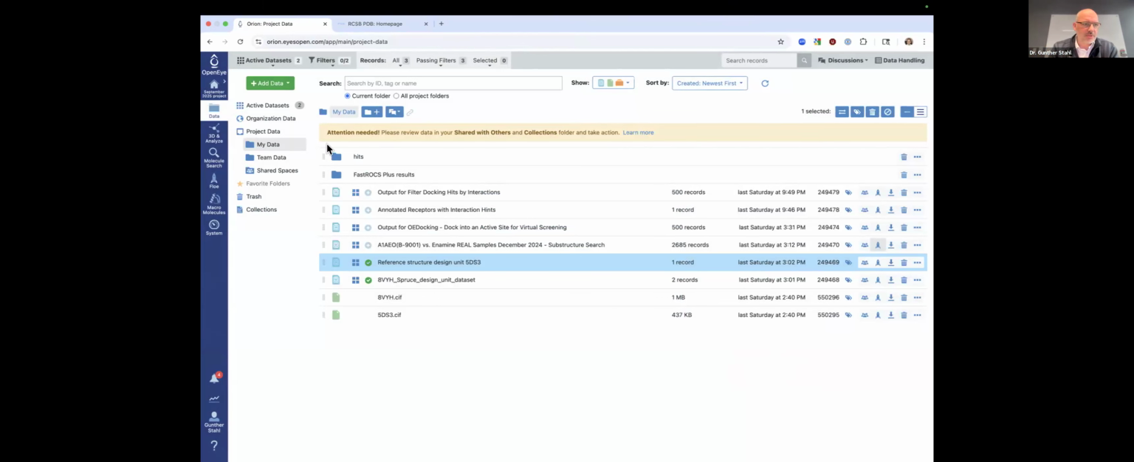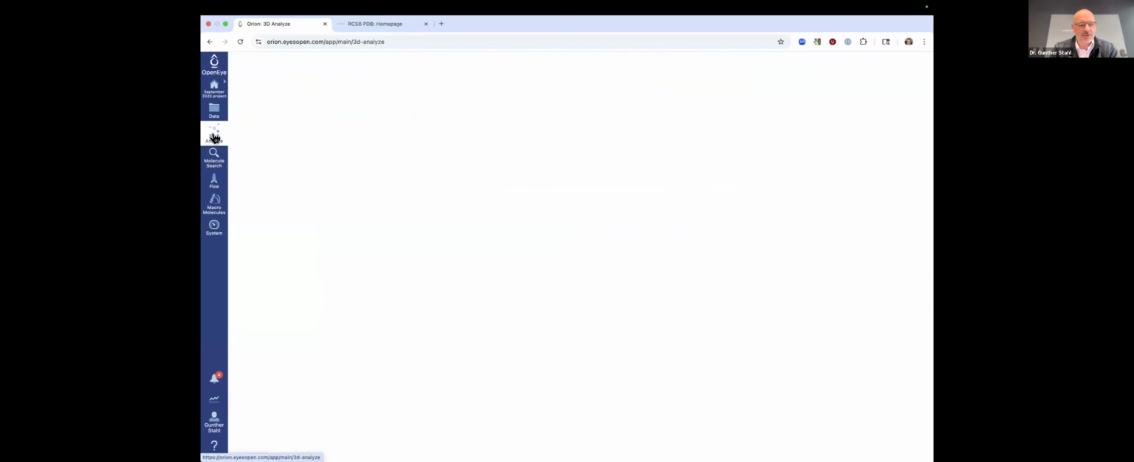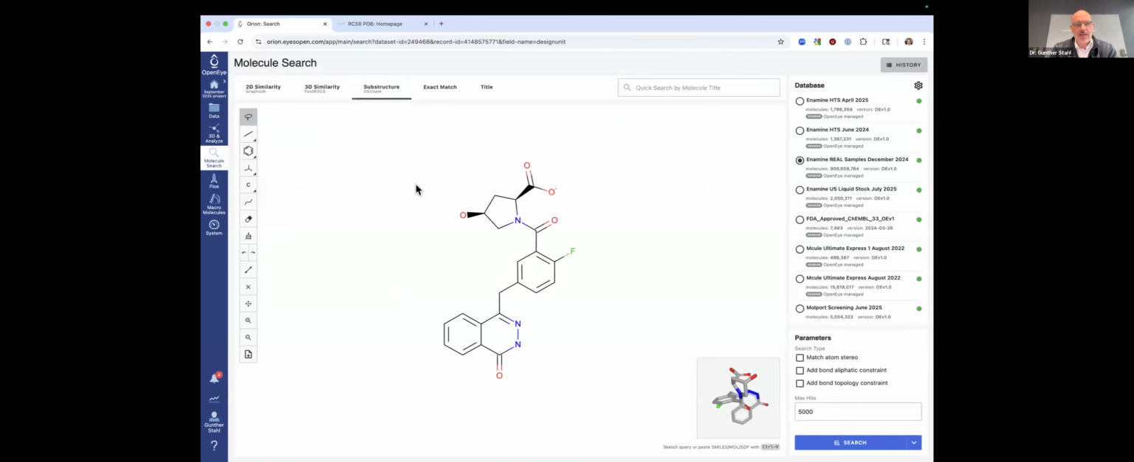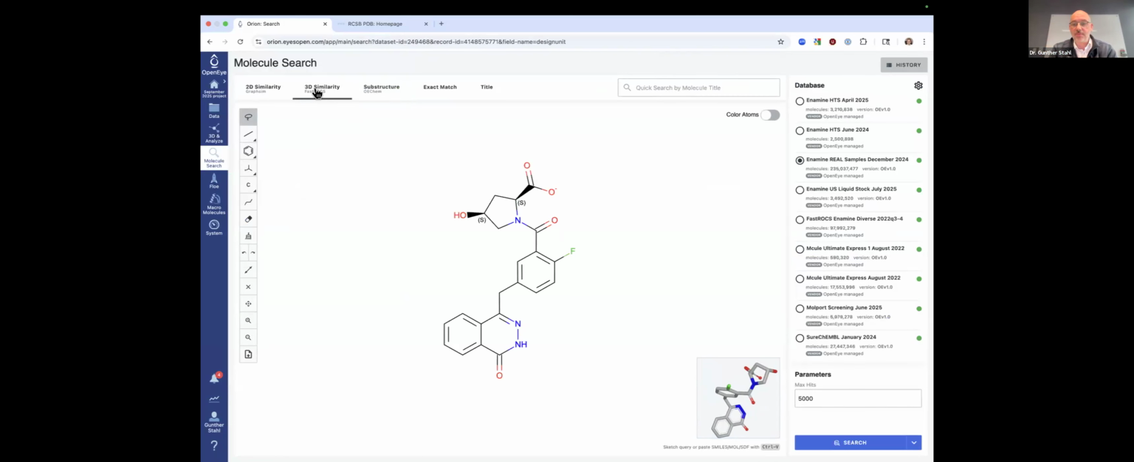Now, molecules are not only 2D, molecules are 3D. So let's go back into our analysis here and send this molecule again into our molecule search. And you might have noticed before or not that there's a little 3D window down here. The molecule that came in from the crystal structure has 3D coordinates, and we can do a 3D similarity search